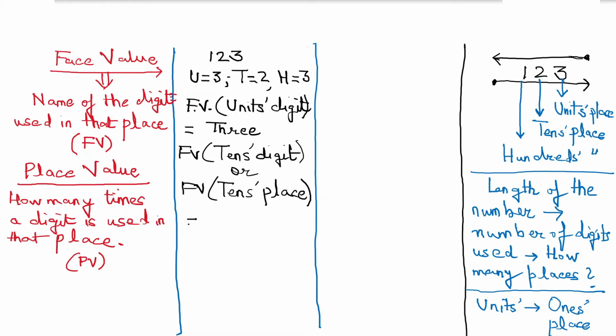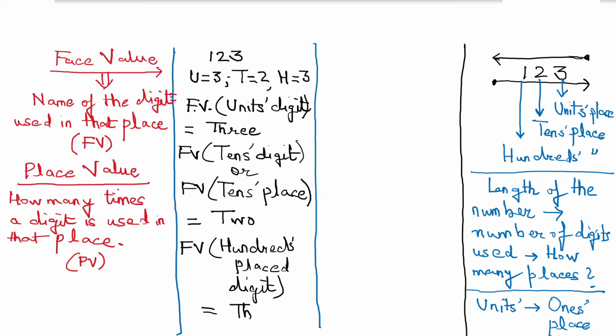So in this case, I know that the digit which appears in the tens place is 2. So you would see that this discussion is fairly easy and understandable. Similarly, hundreds place. What is the face value of the hundreds placed digit? And we know this is nothing but the name of the digit, which is 3. In short, finally giving this a very concrete conclusion,